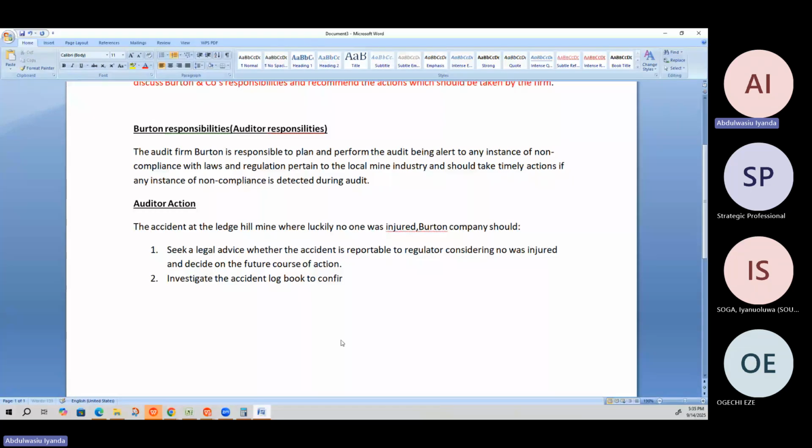To confirm whether, because they said that no one was injured, I can also check. I can say investigate the logbook to confirm whether the claim of